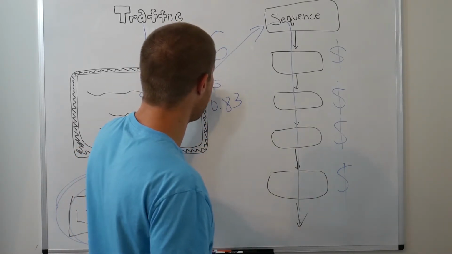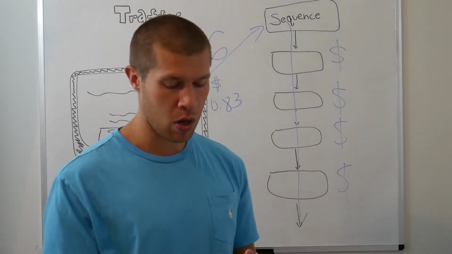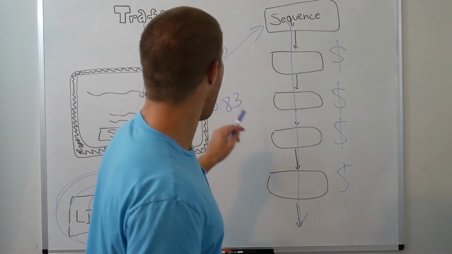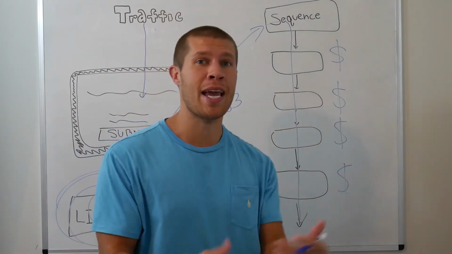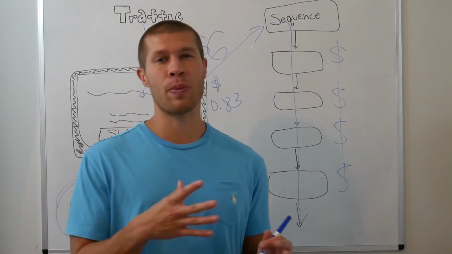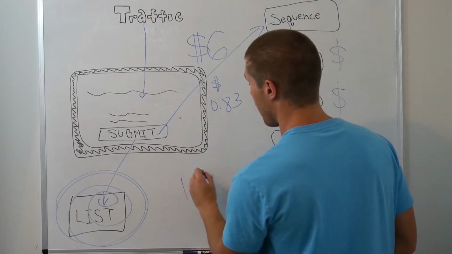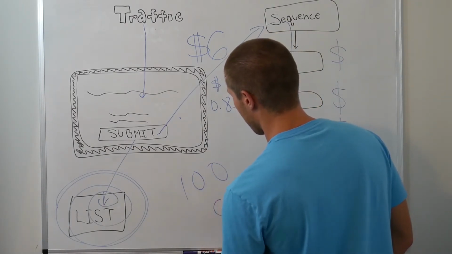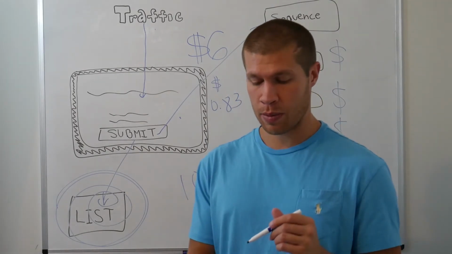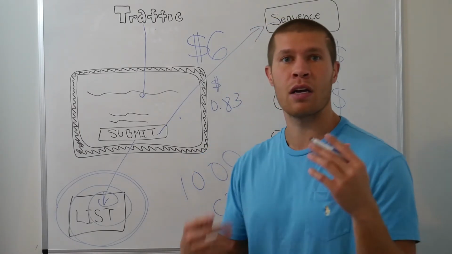I spend about 83 cents per lead with my Facebook ads and my Google AdWords, just in a nutshell, to keep it broad, and then I get $6 back. So if I spend 100 bucks, obviously, you do the math, that's a little bit over 100 leads, and then you can do 100 times 6. I'm spending 100 bucks, and I might get 600 back roughly 2-3 weeks from now. And then let's say I spend 1,000 bucks. Well, then I get $6 grand back 2-3 weeks from now.